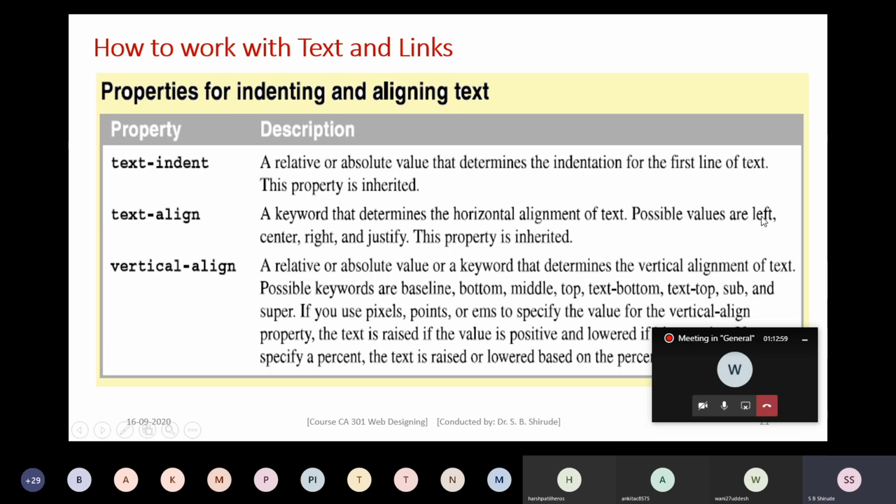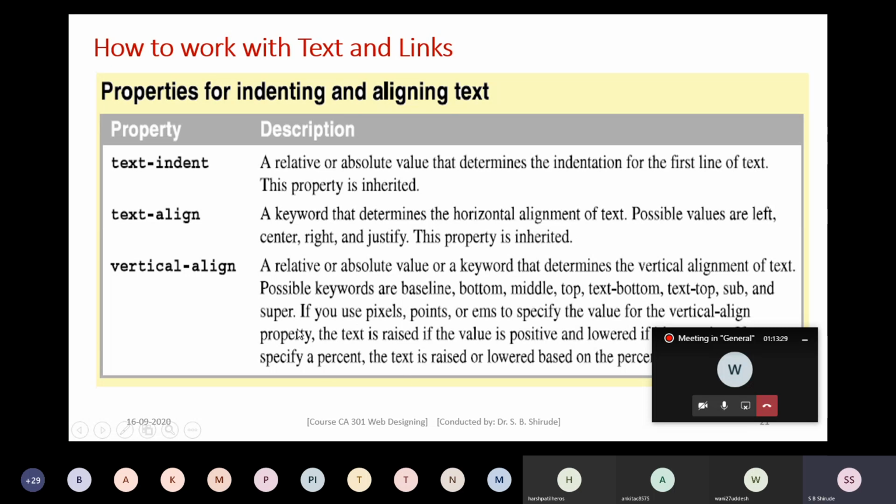Okay. Then text-align. So you can align to left, center, right, and justify. So these are the possible values: left, center, right, and justify. Then vertical-align. This text-align means horizontal align. But if you want to vertically align, so vertical-align, and the possible values will be baseline, bottom, middle, top, text-bottom, text-top, sub and super.